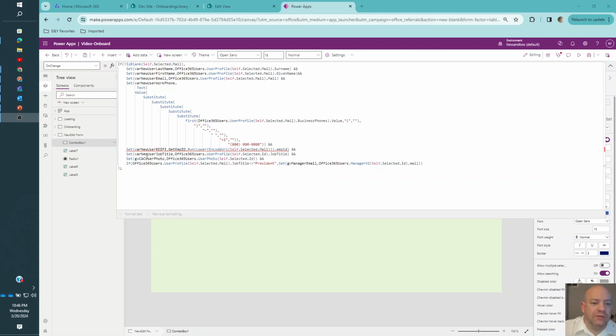Then we got our job title. It's pulling the image, Active Directory, and then down here is where it looks up the manager. And I put a condition statement here because the president of the company obviously doesn't have a boss, so it's not going to have a manager. It's going to be blank. So I basically told it if it's not the president, run it. Otherwise,